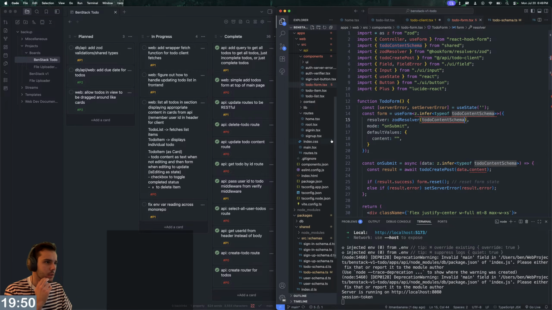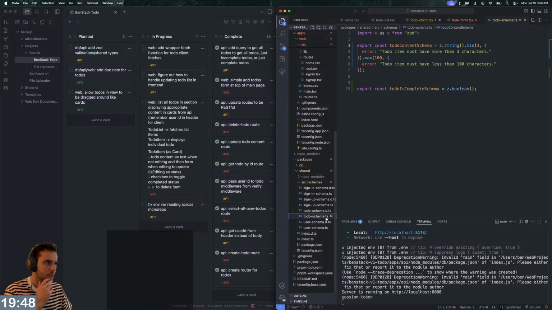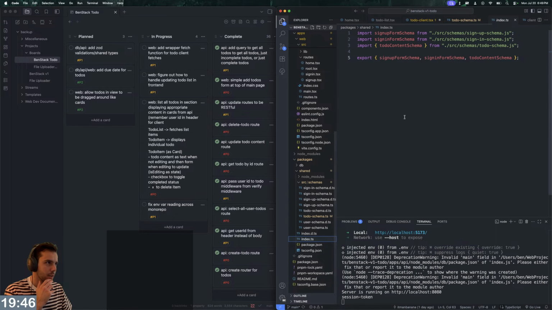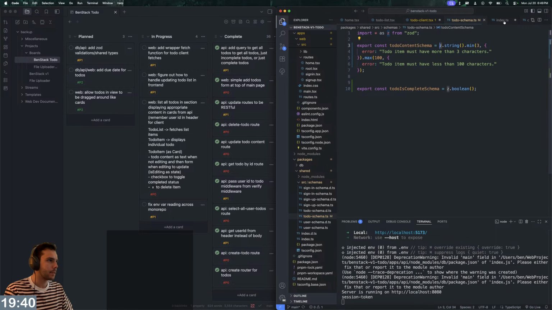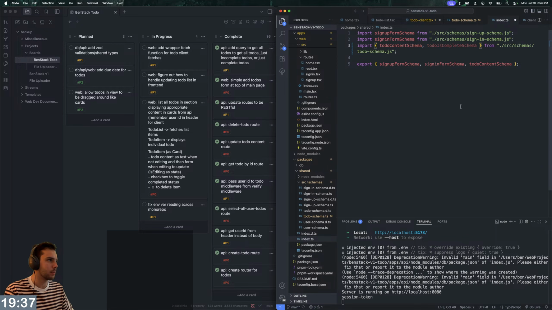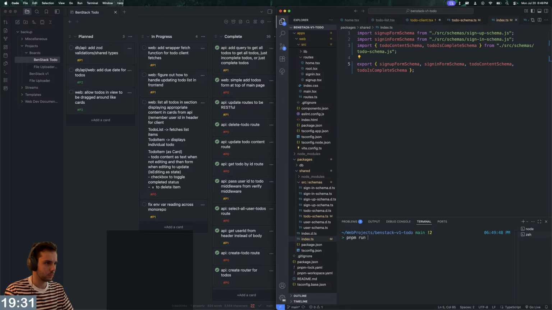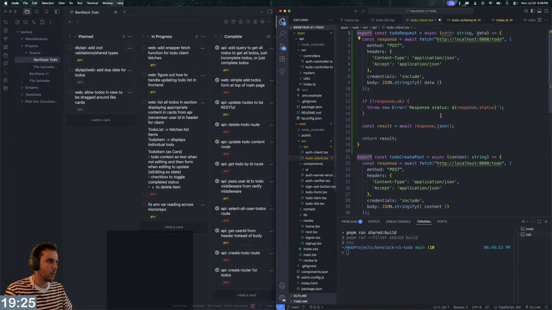Oh, and then I'm going to need to change the exports on this. So if I go to index, I need to include the to-do is complete schema. I also need to build the shared package. Okay. And then now